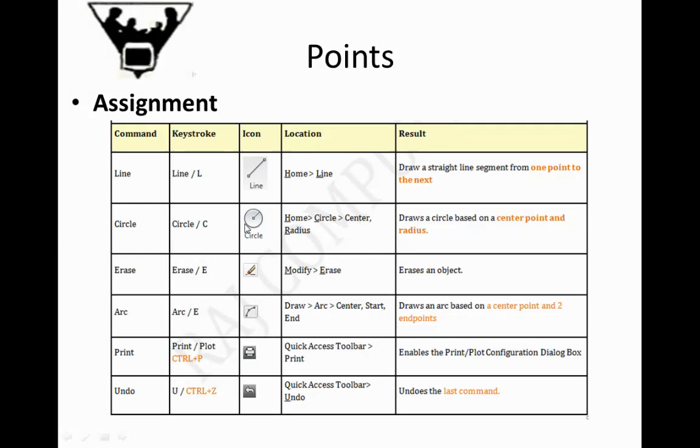Next is circle. Next is erase, that is, you can erase the data, all the objects. Next is print. After drawing some object, you should be able to print it. So the command is Control P. Try to remember it's Control P. Mostly printing is done on A4 size, and in the case of AutoCAD, into plotters. But nowadays we are getting some advanced printers like HP and Xerox, which are very good quality printers, which print the entire data in laser format, using laser technology.